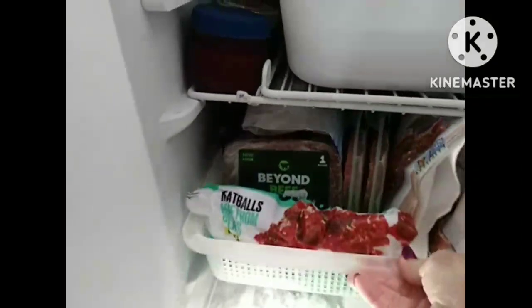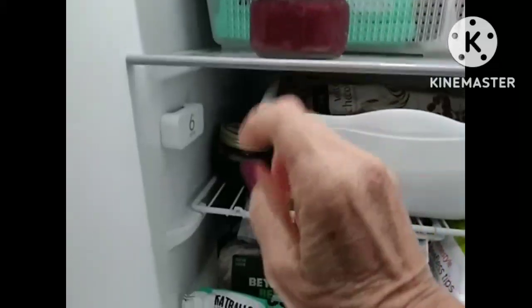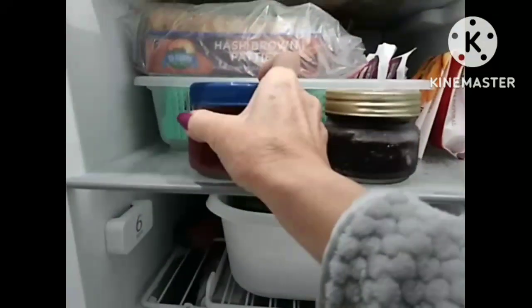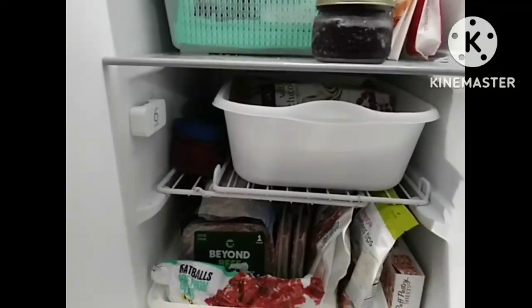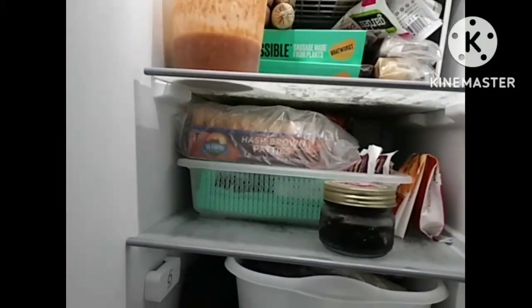And then I also have this one jar of, I believe it was blackberries that I got in a flash food that I made into a freezer jam. But back here, I still have one mixed berry freezer jam that's older. And I want to get that out and thaw that and use that in my yogurt. And I finally froze the enchilada sauce, so that'll be good for another meal. So, okay,